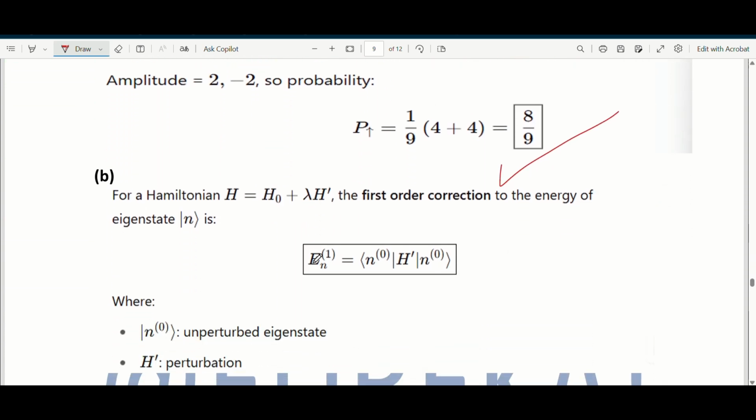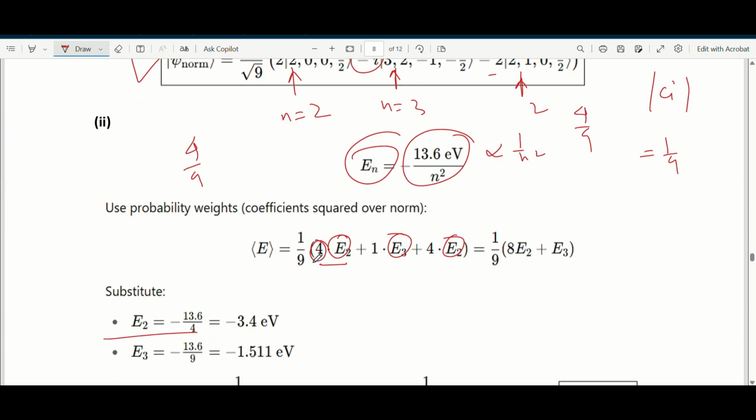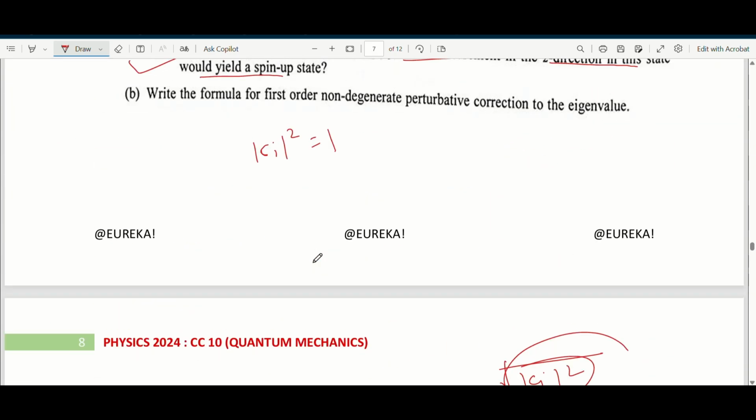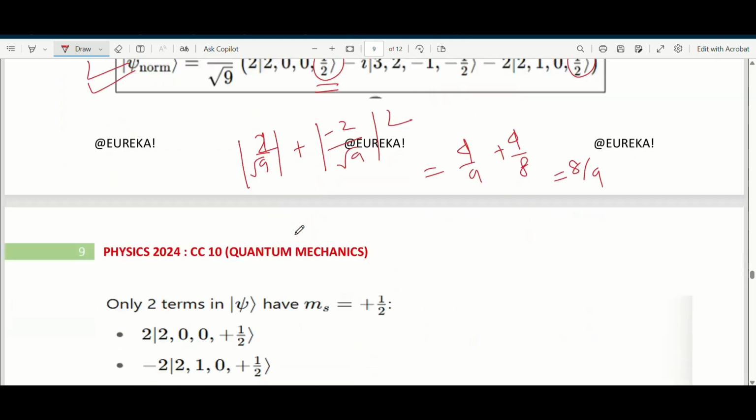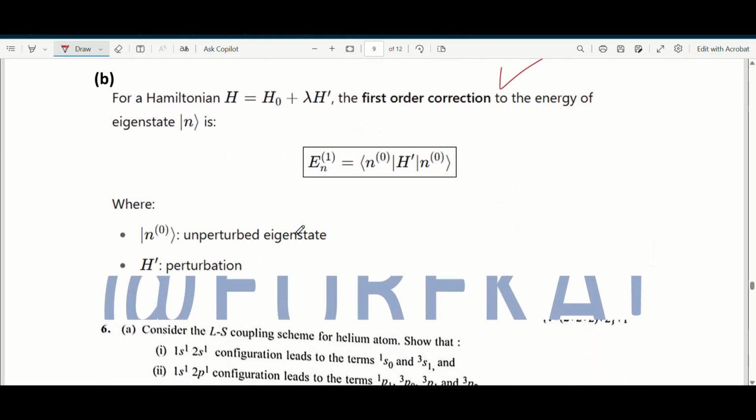Now question B. Write the formula of the first order non-degenerate perturbation correction. This is a very simple question. We will write it as this. So first,